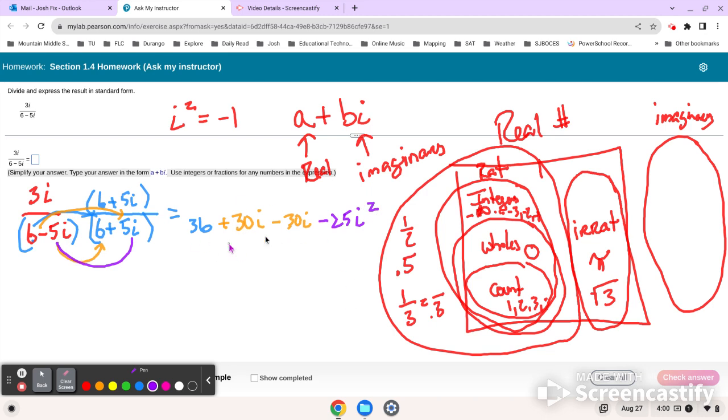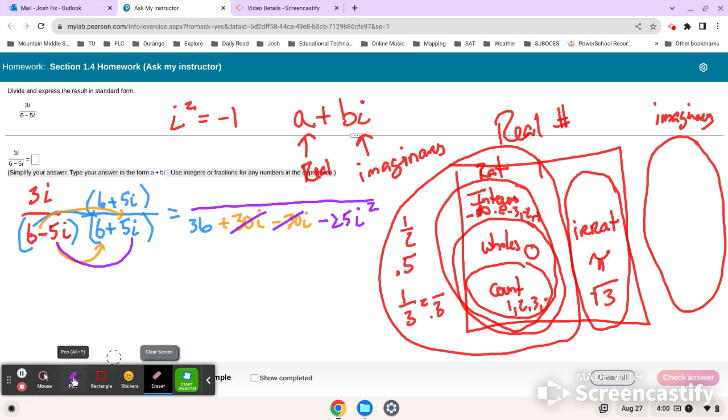The reason I made the orange the same color is that those are exactly the same terms, so by doing this process, these terms cancel. Now we've gotten rid of those i's. And you might say to yourself, well, wait, we still have an i right here, but no, you don't. You have i squared. In imaginary numbers, when we have an i squared, we let i squared be equal to -1. So this becomes 30, oops.